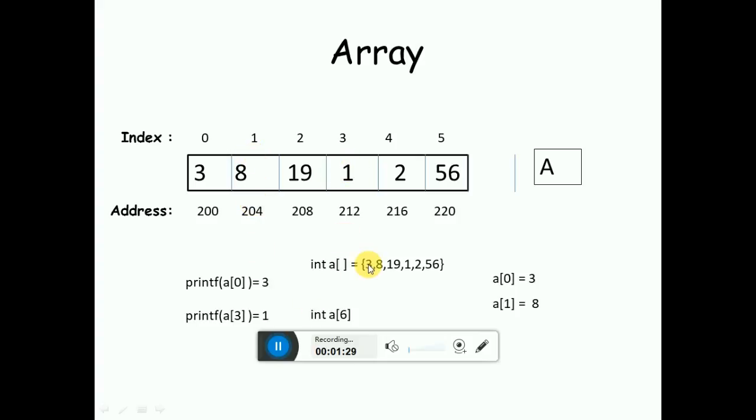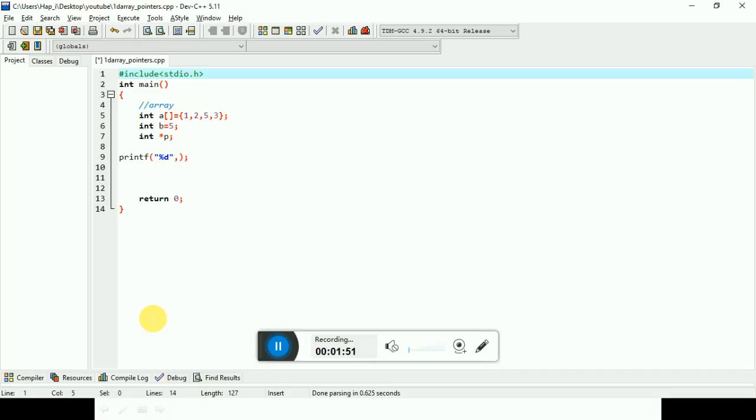How do we declare an array in programming? This is the declaration of an array. We do not need to provide the size of the array here, as it will automatically detect that. So that's basically what an array is. Let's move to the programming part. Here I have declared an array, and let me quickly remove these things.